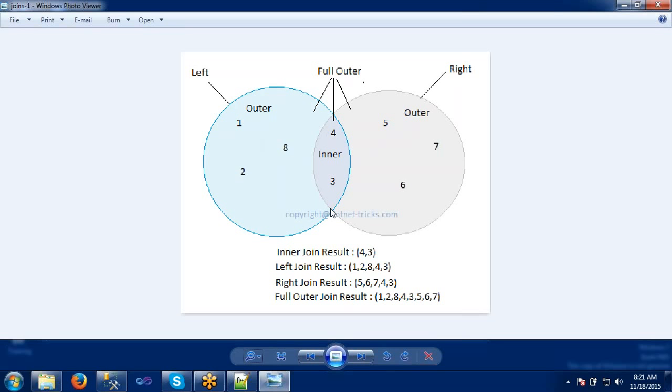If common records are there in these two tables, then it is the inner join. If we apply an inner join on the two tables, the result will retrieve the common records.